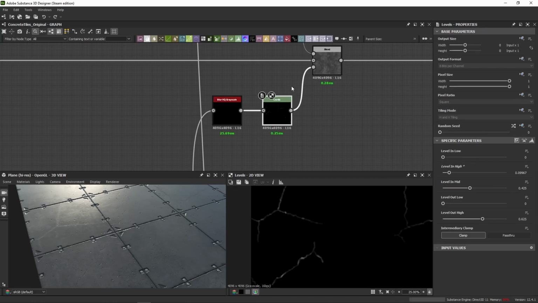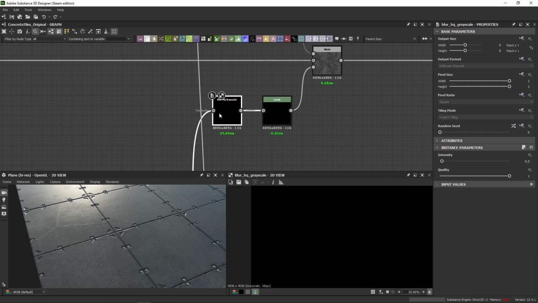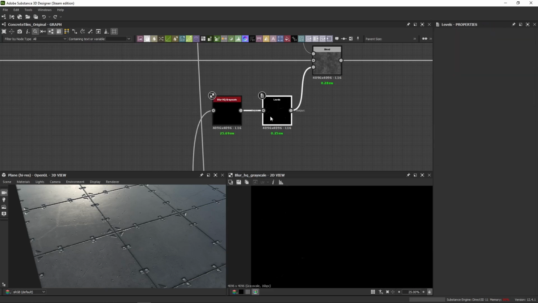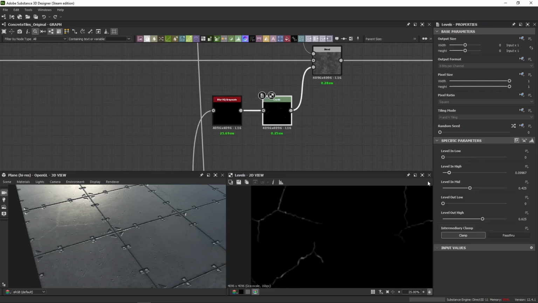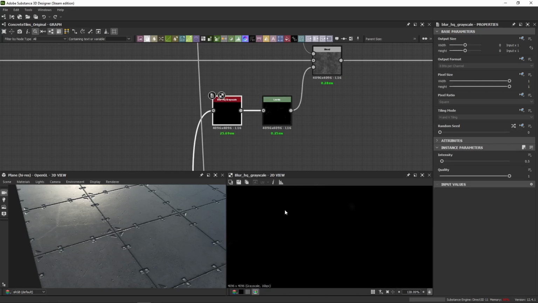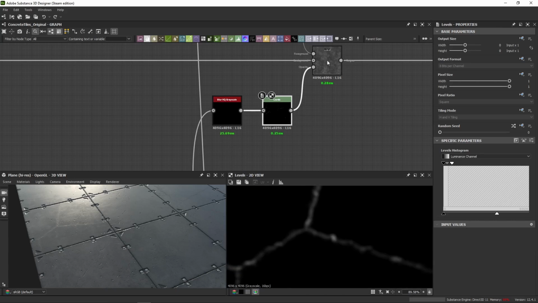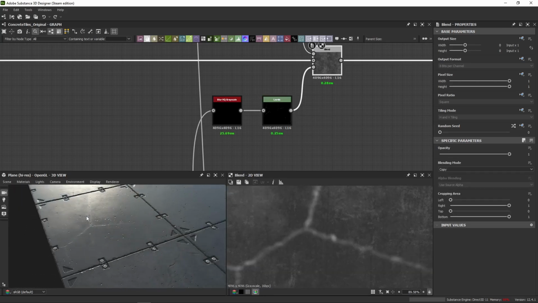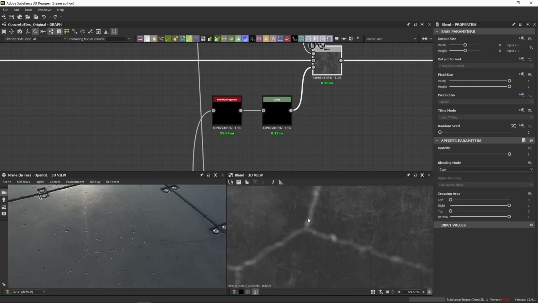Yeah, that should be good. So we pull from there, we do a blur, very subtle blur. We use a levels here to tighten up, more than just tighten up, I guess, so we can actually see it. And again, this is just a blurred version of the cracks because I want to add some blurring around it. Otherwise, it would be only on the cracks and it would be too,